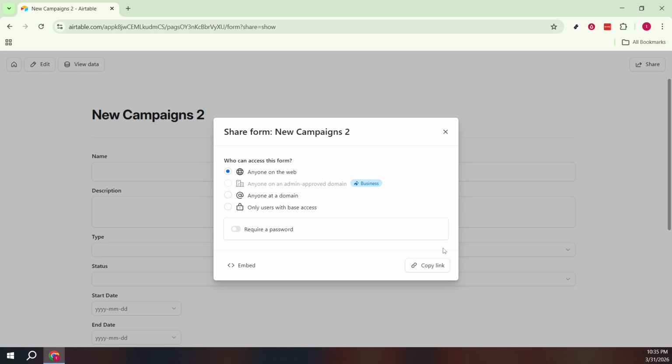Before rolling it out widely, open the link yourself and submit a quick test to confirm required fields, formatting, and automations behave the way you expect. That's it. You went from opening Airtable to creating, customizing, publishing, and sharing a form that feeds your data neatly